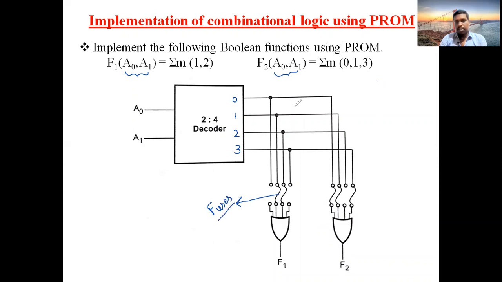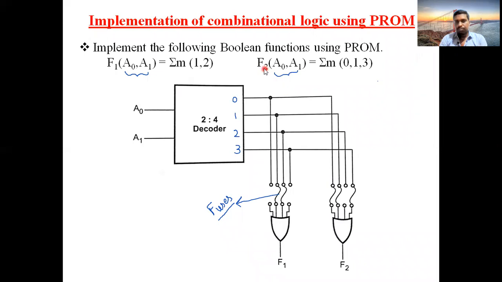Okay, clear? So what is given here? For the first expression, 1, 2 are given. So the first pin is directly given with a fuse. Likewise, the second pin is also given directly with the fuse. And the remaining 2 are left empty. See here, no connection is there. Here, no connection is there. That means the 0 pin and the third pin are not given in the first expression. Okay, 0, 3 are not given in the first expression. That's why I didn't mention them here. Okay, no connection is given.